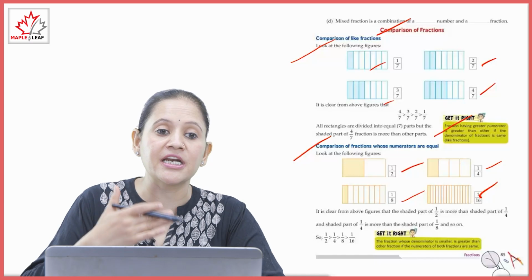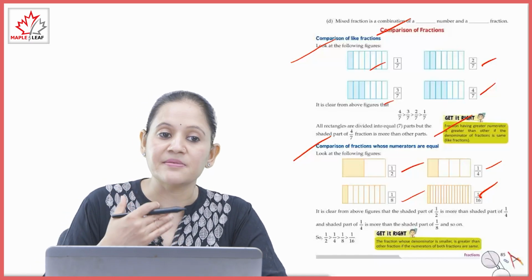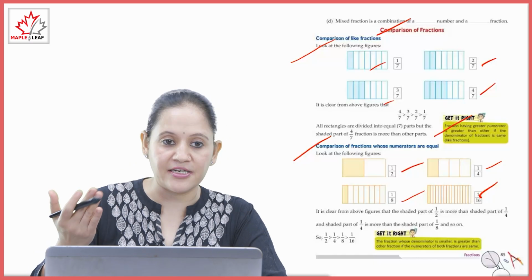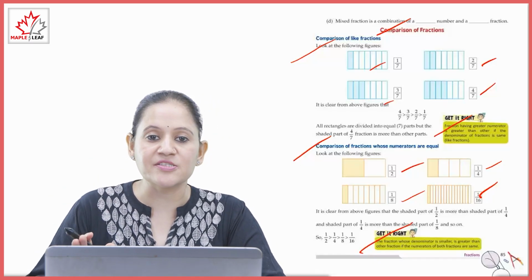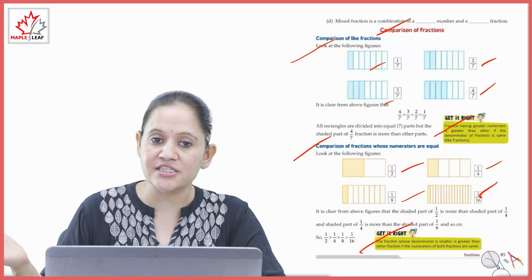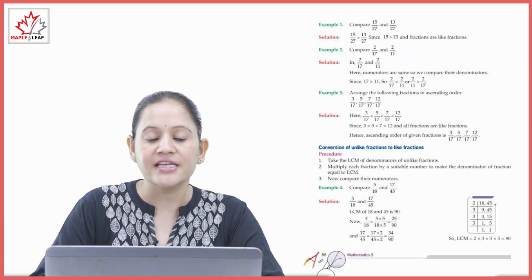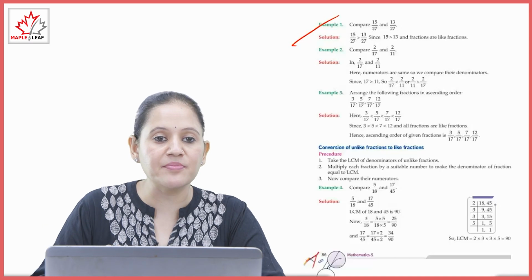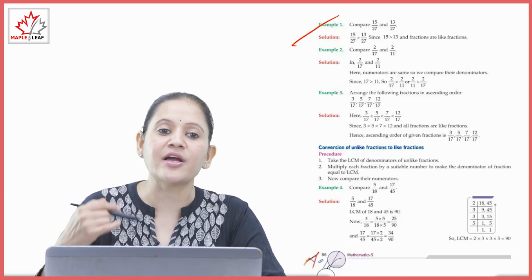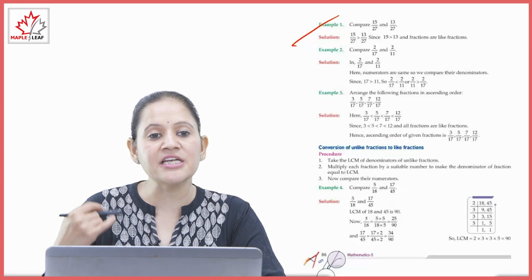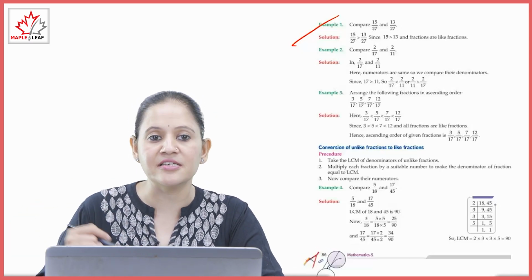Whichever has the greater denominator will be the smallest, or whichever has the smallest denominator will be the greater. Get it right. The fraction whose denominator is smaller is greater than the other fraction, when the numerators of both fractions are the same. Let's take an example. We have to compare 15/27 and 13/27. Like fractions, the denominators are the same, so we'll compare the numerators. The fraction having the greater numerator will be greater. So 15/27 will be greater than 13/27.